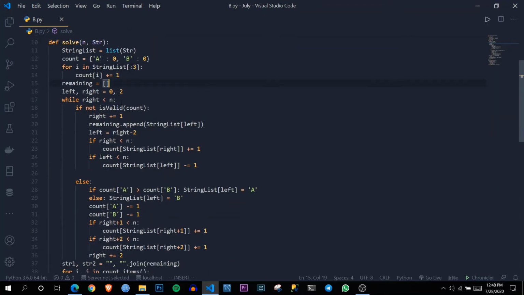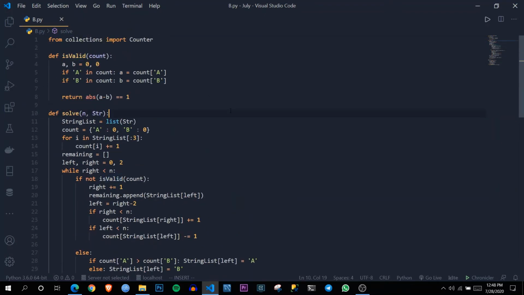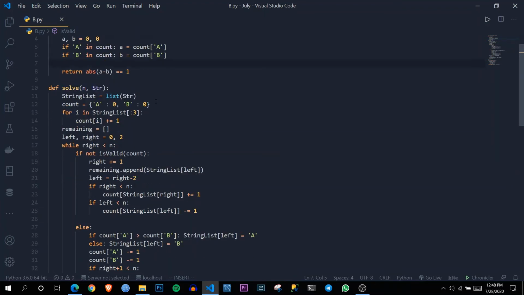First of all, let's see what this is-valid function is. Basically, as I have told, if the absolute difference of count of A minus count of B is equal to 1, then it will return true, or else it will return false. First of all, we will check if the count at the current moment is not valid.